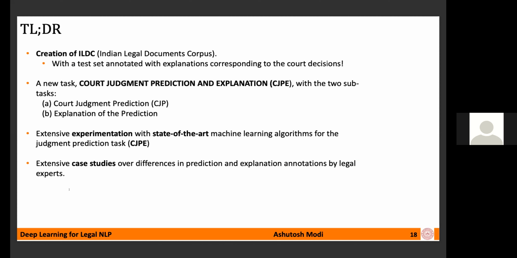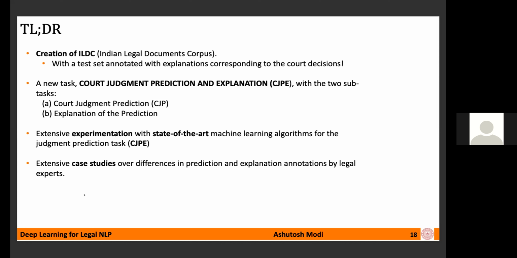One thing you should note is that the requirement for explanation also puts restrictions on the type of technique that could be tried for judgment prediction, right? In the CJPE task, explanations are not provided in the train set, and the task expects that the trained algorithm should explain the predictions without requiring any additional information during training, right? So it is kind of giving explanations in an unsupervised fashion, basically.